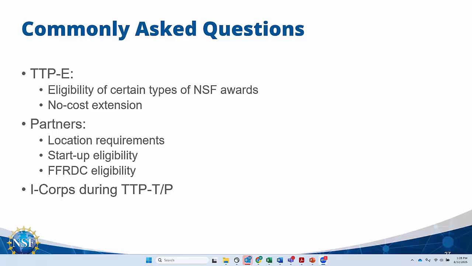Another question has been about startups, or the team or the professor or PI's own startup as a partner. So SBIR, STTR is a big program at NSF and many other agencies.